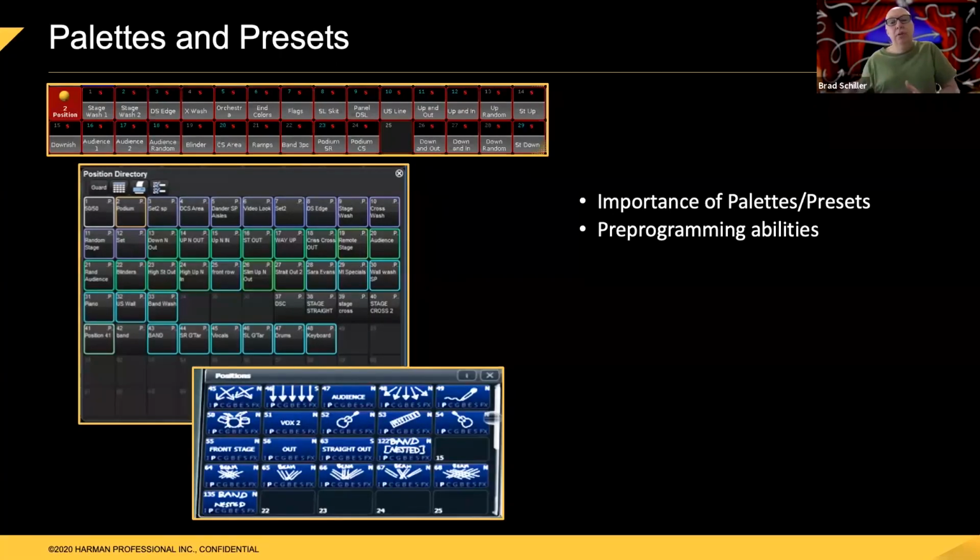I can go ahead and build those palettes and presets, even if I don't have a visualizer or a rig. I can sit with my offline editor and store them all with a 50-50 position. They don't have to be in the true position. I'm just storing and giving them a label and calling it drummer or guitar or whatever. They're all equal at 50-50. I can then even go in and start building some cues. I can put in the rough draft, if you will, for some cues. So I could say, this is the first song they're going to play, and I know I need these 2 lights on the drummer and these 4 lights on the guitarist and these 6 on the lead singer. And even though when I'm doing that at home, they're all hitting